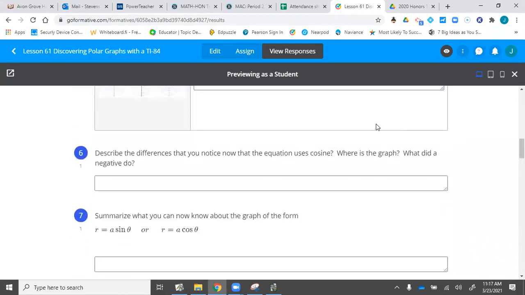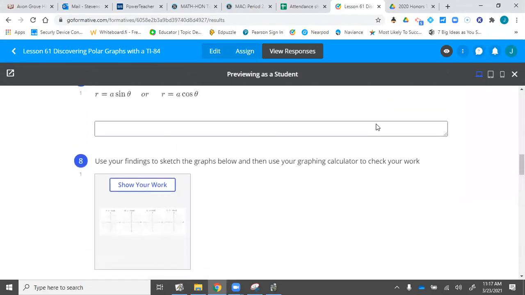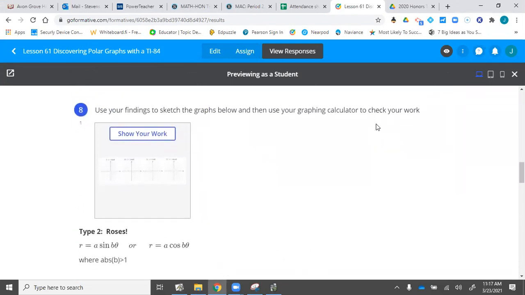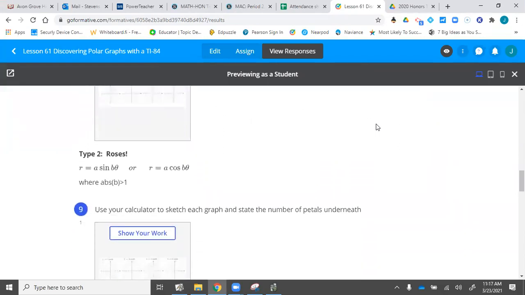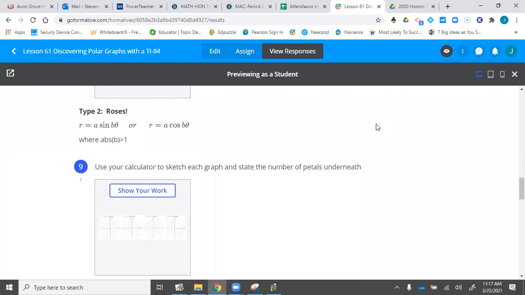Then you're going to try graphs with cosine. You're going to notice some differences. You're going to try to, number 8 says, use your finding to sketch the graphs without a calculator. See, then can you actually just sketch them and then use your calculator to check? And then you're going to do kind of the same process with a really cool type of graph. Type 2 is my favorite kind of graph. They're roses. So these are going to look really neat when you type them in. Same idea. You're going to use your calculator to sketch. You're going to try to come up with the big ideas. All right. No charts here. You are not doing any more values. This is your assignment. You're going to have class to work on it. If you don't finish, this will turn into your homework. Okay. So as you look at it, thinking about now